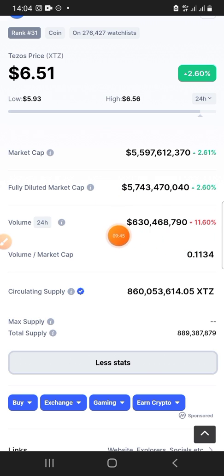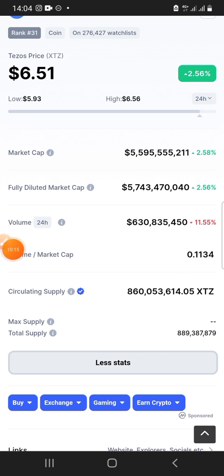So this gives us an indicator that this project is actually alive. Just imagine that you go and check the 24-hour trading volume and it's about $4,000 or $5,000 or $10,000. That sends some signals that that particular project is not so economically active. So kindly look out for this particular indicator. So first indicator to know whether it's economically active, we come and check the trading volume.